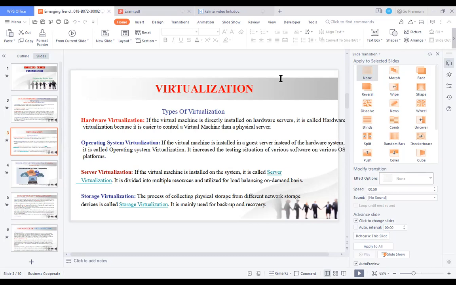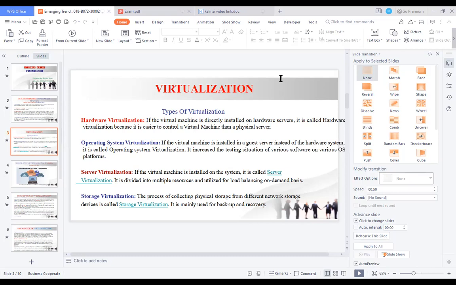And we have operating system virtualization. If the virtual machine is installed in a guest server instead of the hardware system, it is called operating system virtualization. It increases the testing of various software on various operating system platforms.